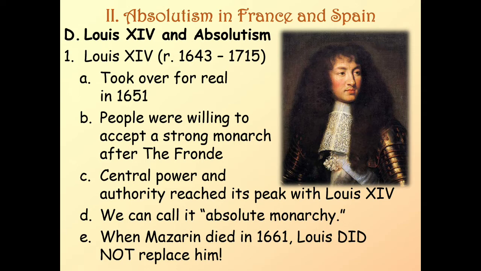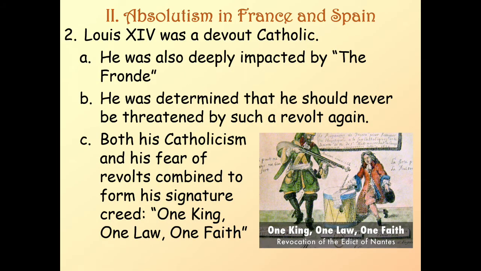Central power and authority reached its peak with Louis XIV, and we can truly call it an absolute monarchy, even though an absolute monarchy is never entirely absolute. And when Jules Mazarin died in the year 1661, Louis XIV simply did not replace him. Louis XIV was a devout Catholic. He was also deeply impacted by the Fronde, and he was determined that he should never be threatened by such a revolt again. Both his Catholicism and his fear of revolts combined to form his signature creed, which was this: